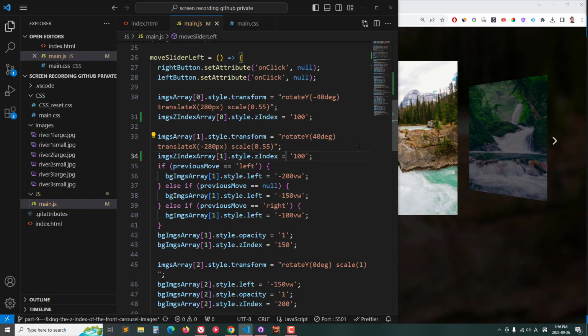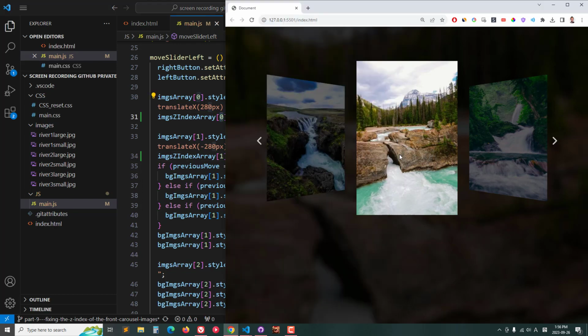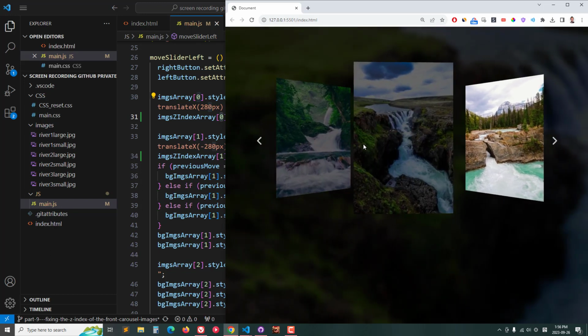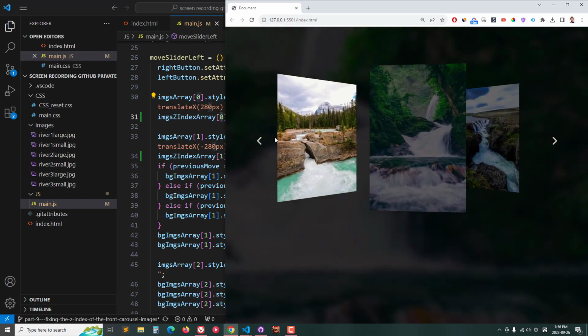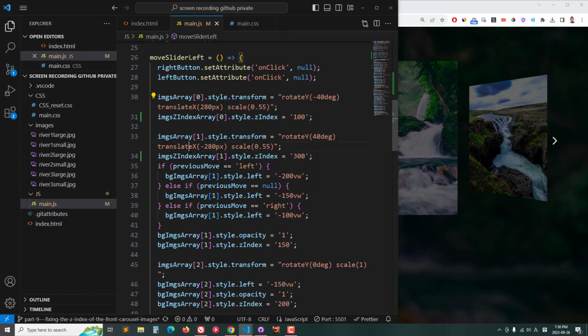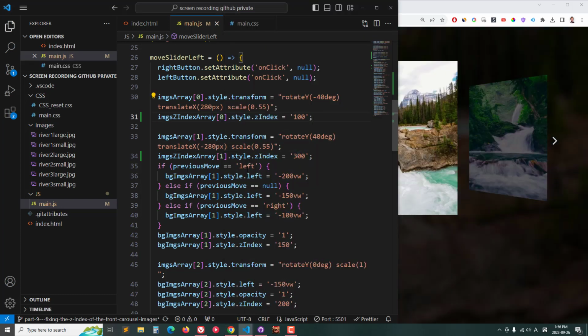The middle one we always want to be highest, so let's give it a z-index of 300. So it's going to move left with the z-index of 300. The image on the left is going to move right with the lowest z-index because it's going behind both the other images. So if left, it's going behind the other two images, so we're going to give it a z-index of 100. The center one, we want it always on top, so we want it z-index of 300, and then let's copy